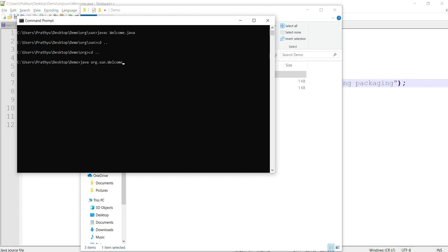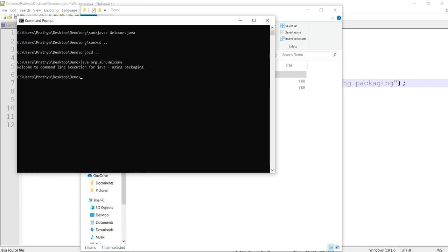Up to here is enough. Let me run. Yeah, the output welcome to command line execution for Java using packaging got executed, and we got the output.